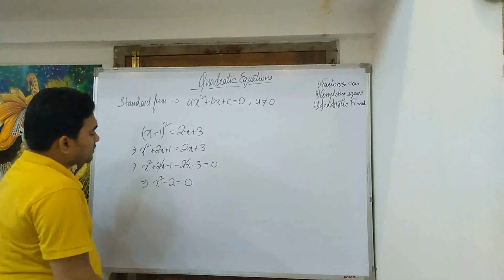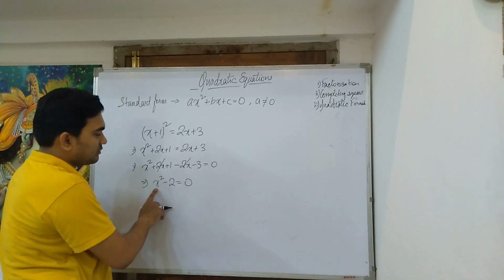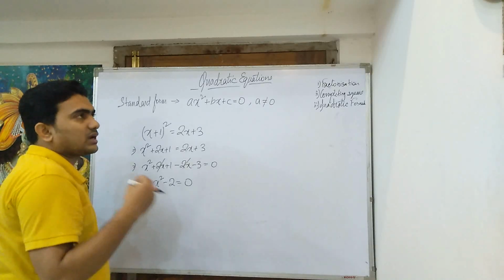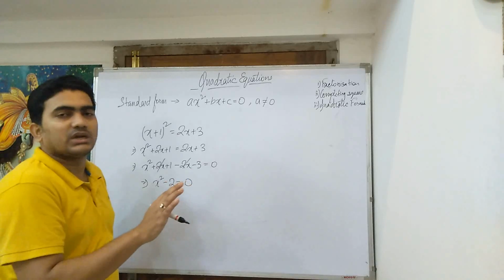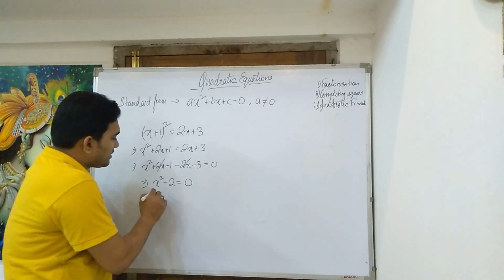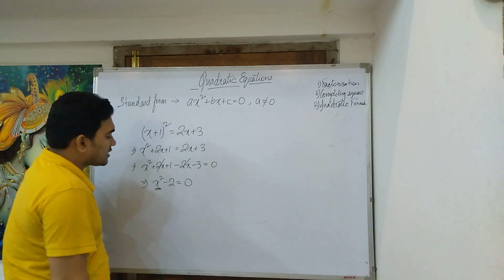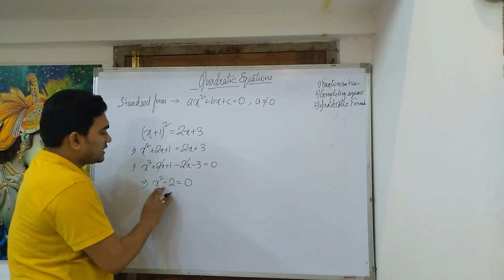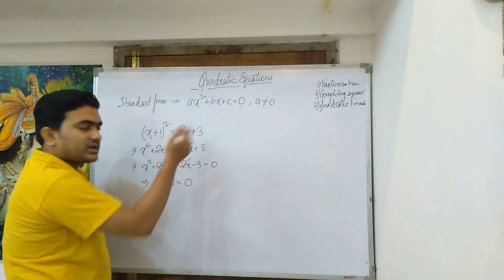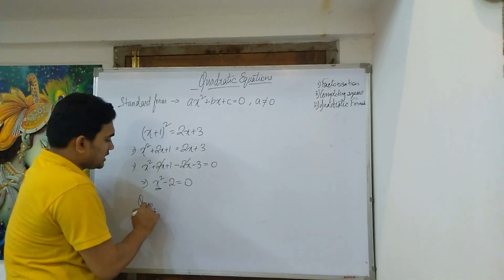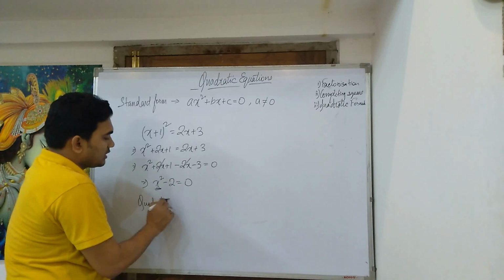Here we can see that we have x square term but no x term. So it doesn't matter whether we have x term or not. If the linear term goes missing, we have no problem with that. The main thing is the presence of the quadratic term. Since this equation is having a degree of 2, we can call it a quadratic equation. It is a quadratic equation.